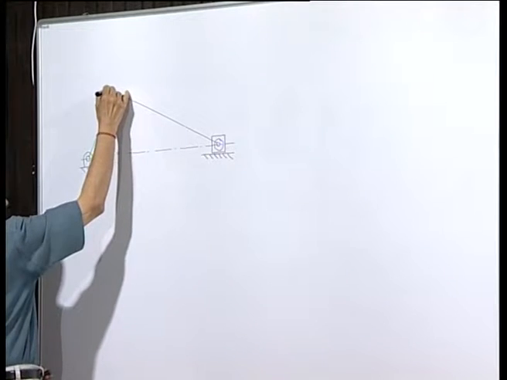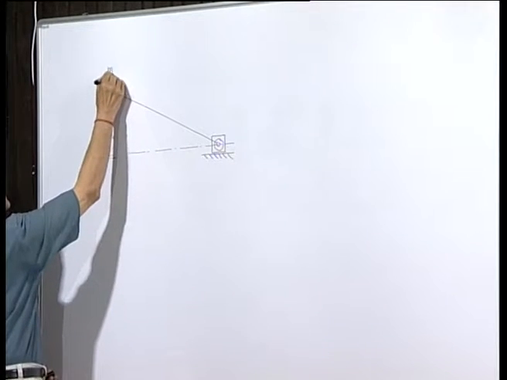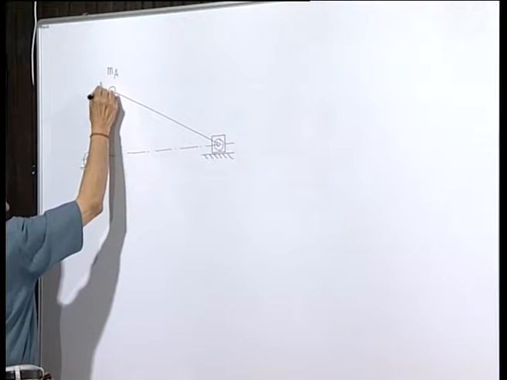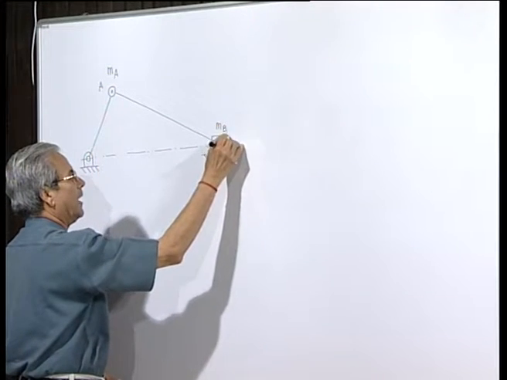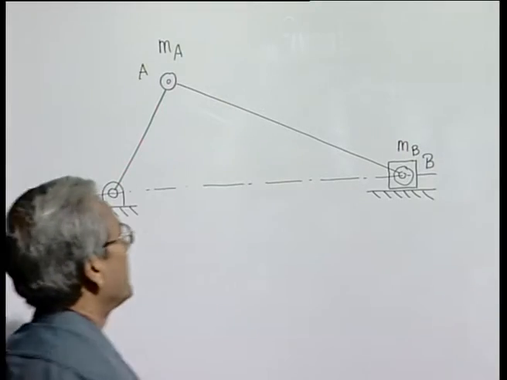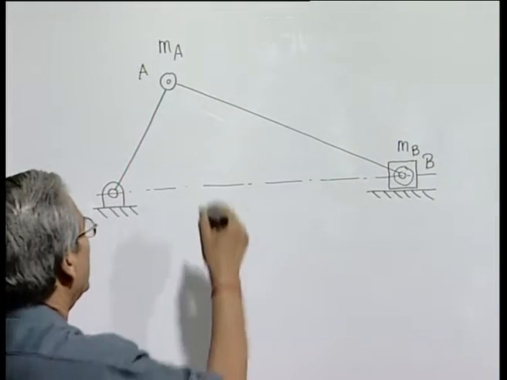So, we have placed M A at this point A and M B at this point B along with the slider,